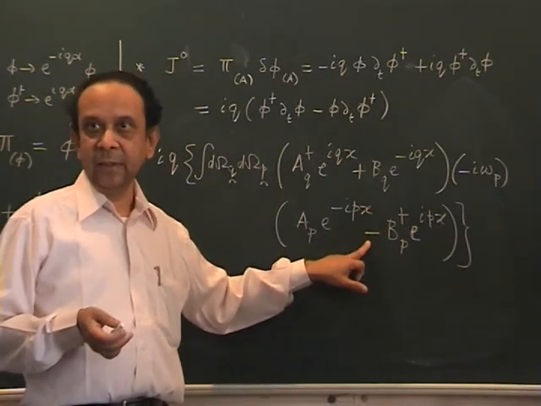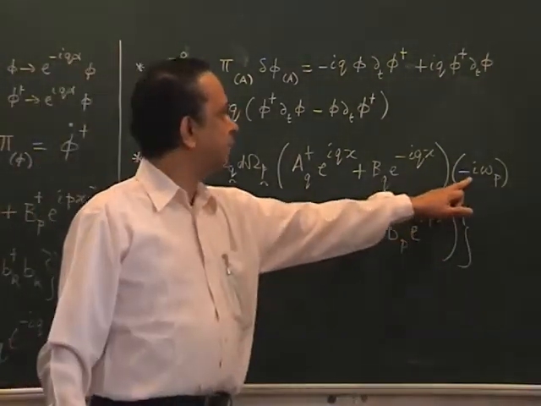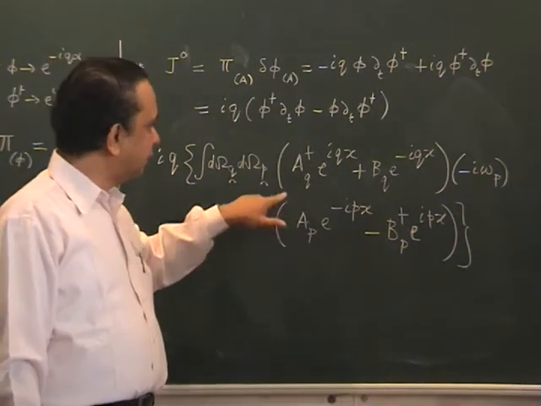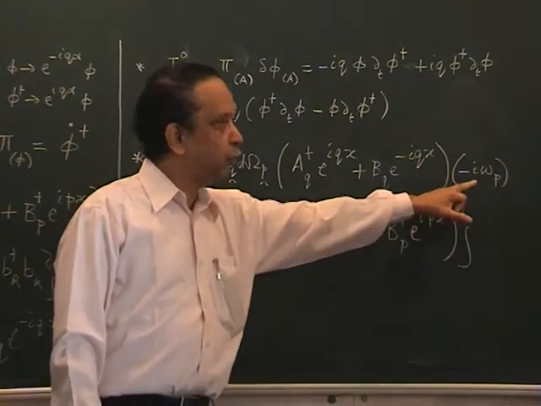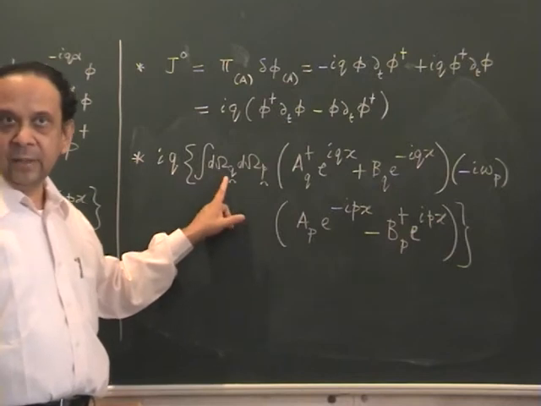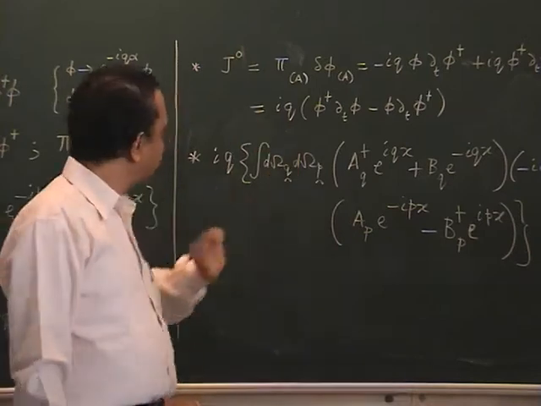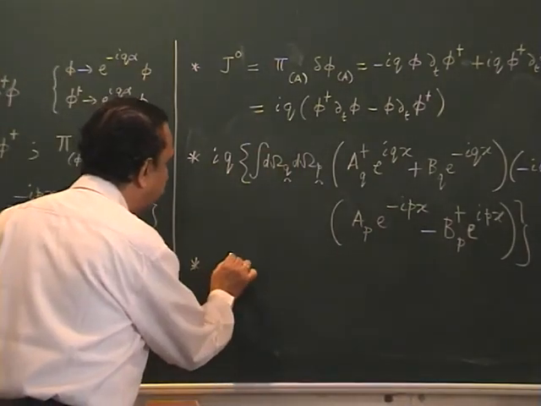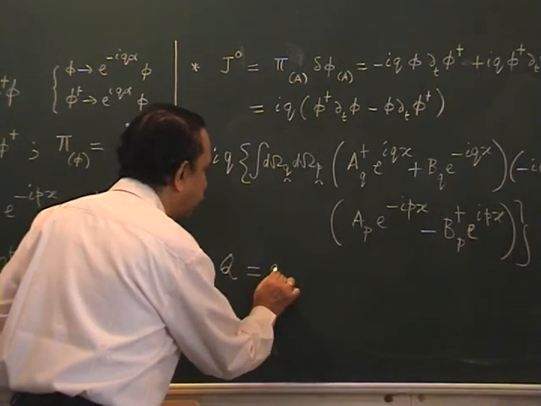And then when you work everything out, you will find incidentally this minus i will go, and a q will survive. And both of these are going to give two copies of each. So there is a factor 2. That 2 omega will precisely cancel with one of the 2 omegas here. The other one will go away on integrating over the Dirac-Delta function. So you work this out, and you will find that the answer is given by now q. The total charge is going to be q times